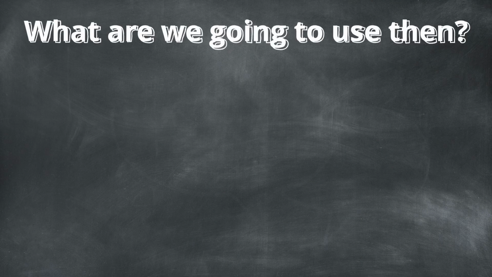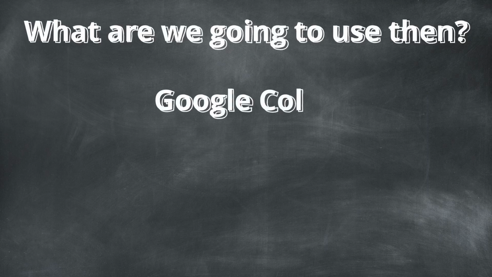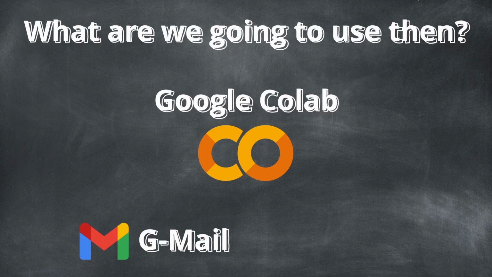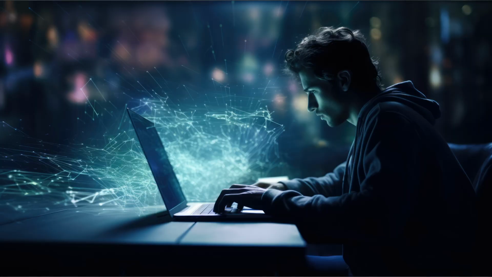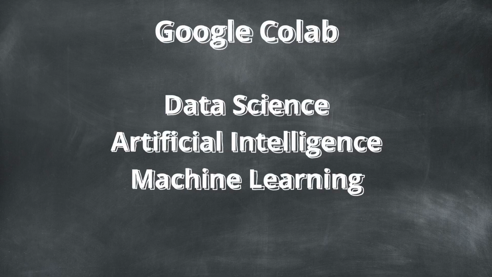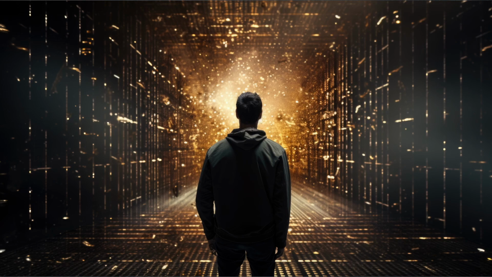So, you might be asking yourself, what exactly are we going to use for this course then? That's an easy answer. It's called Google Colab, and you already have it if you have a Google or Gmail account, so there's no installation necessary. Plus, it's all completely online, tucked away inside your Google Drive, allowing you to save and share documents from anywhere. Colab is actually a very powerful online software that is used by professional Python coders in many high-end fields such as data science, AI, and machine learning. It's also very easy to use, making it perfect for curious enthusiasts such as yourself,